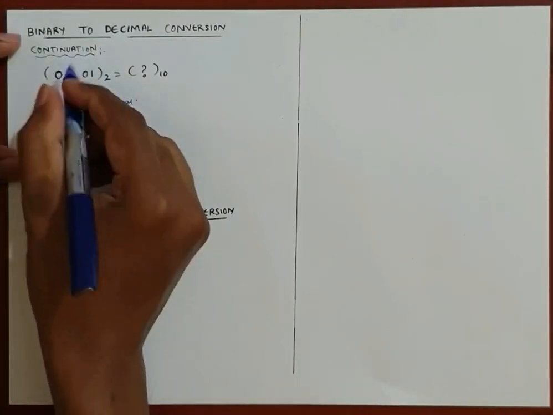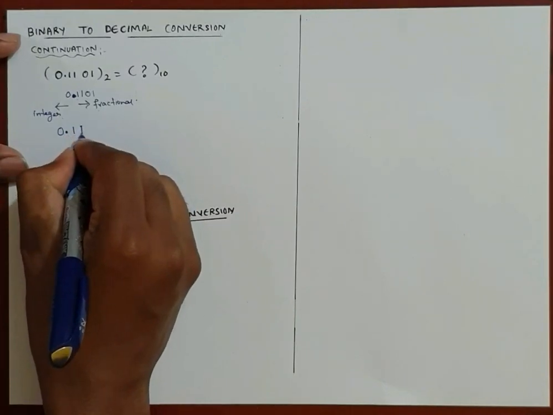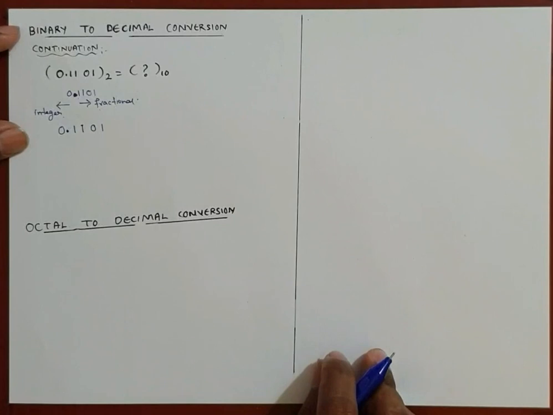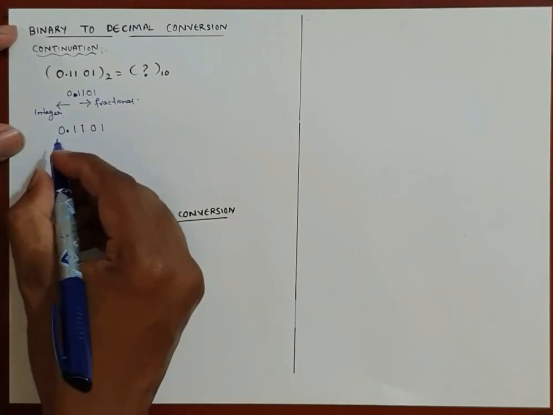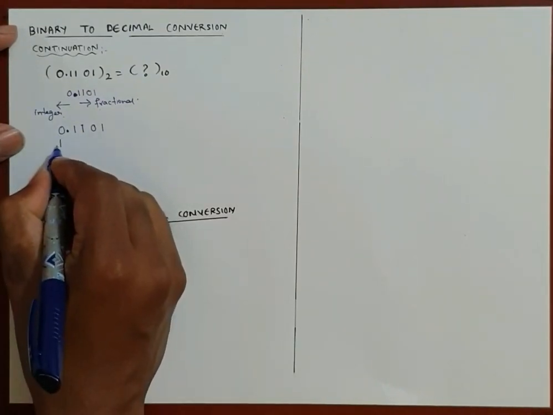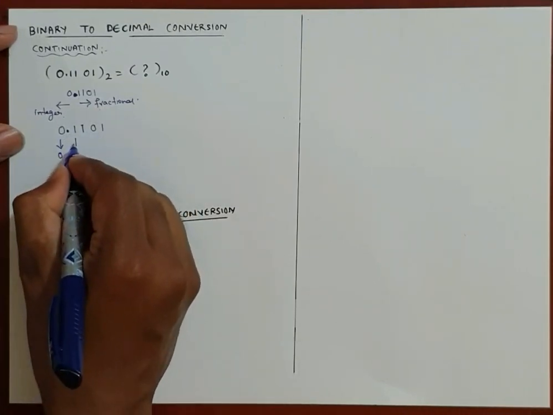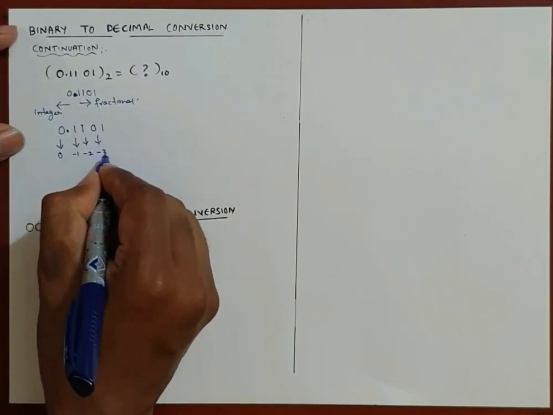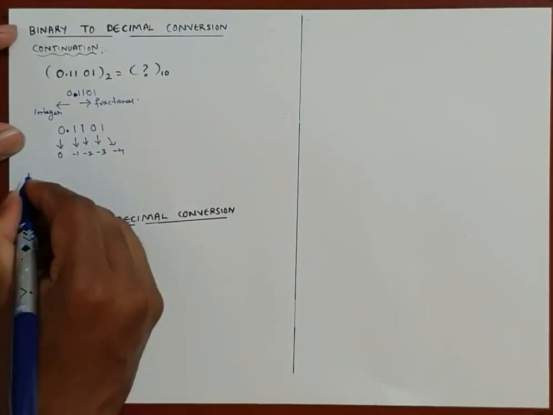So how to convert this? Take the given binary number 0.1101. As I said, the first step is to find the positions of the given binary number. Before the decimal point is the integer part, so here the position is 0. After the decimal point, the position will be -1, then -2, here it is -3, then it is -4. So next,